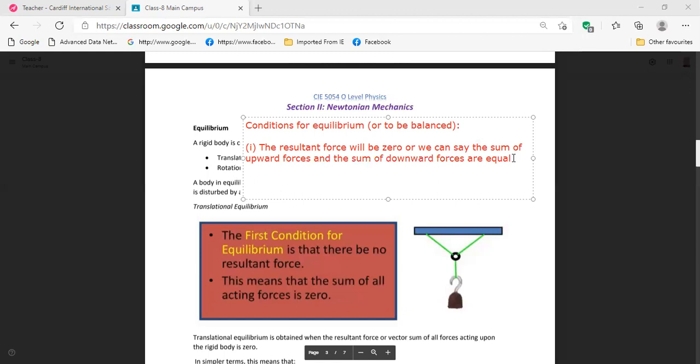So we have the resultant force will be 0, or we can say the sum of upward forces and the sum of the downward forces are equal. This is the first condition for equilibrium, and I will show you with a diagram, then you'll understand. This one first, right? Then we have